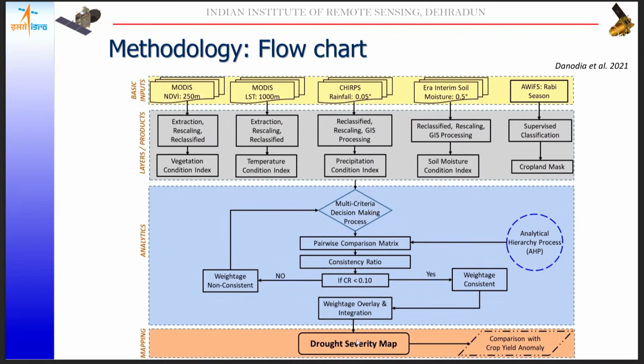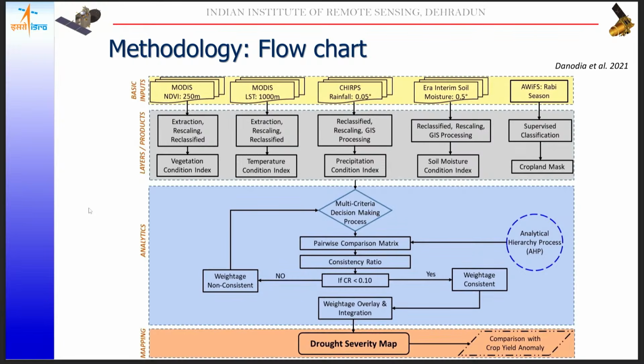The vegetation condition index gives you a more detailed idea about the vegetation condition of the particular area. The next parameter we used is the LST, the land surface temperature from MODIS, from which we derived the temperature condition index, because thermal datasets give information about stress conditions, more specifically biotic or abiotic stress, where water stress or drought condition is there. When there is more water stress, there is a significant change in the temperature condition. That's why we integrated that parameter in the same study.